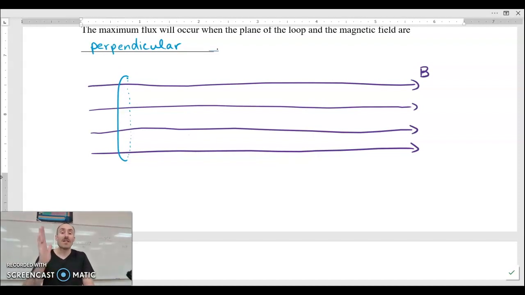Okay, now let's say that we tilt that loop, so now it's no longer perpendicular to the field, now it's going to be at some angle to the field, 45 degrees-ish. Okay, so then we get something that looks like this. Okay, there's our new loop. Now you can tell that less field is going through that loop now, right? When you tilt it, you just get less of that area that's actually available to the field to go through. And then if we would tilt it even more, so we started like this, now we're like this, if we tilt it all the way like this,